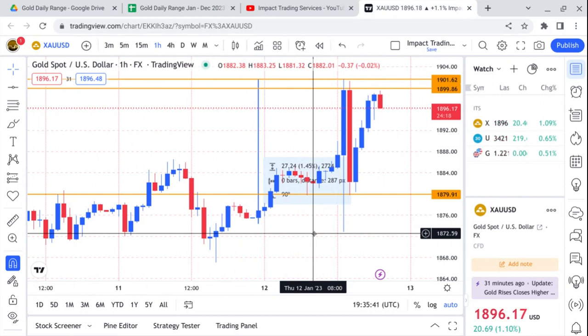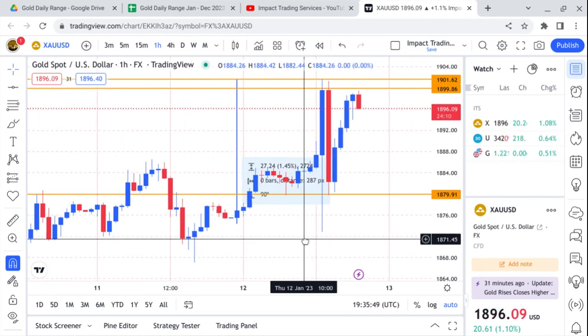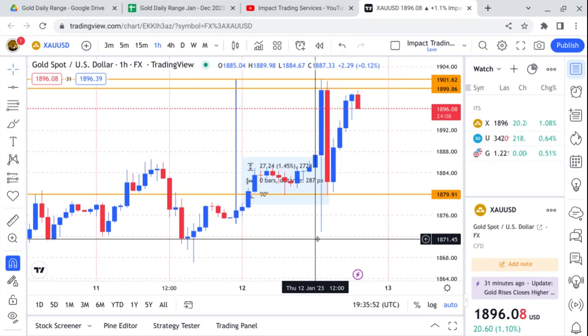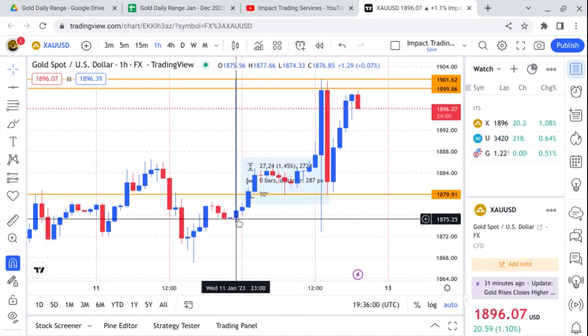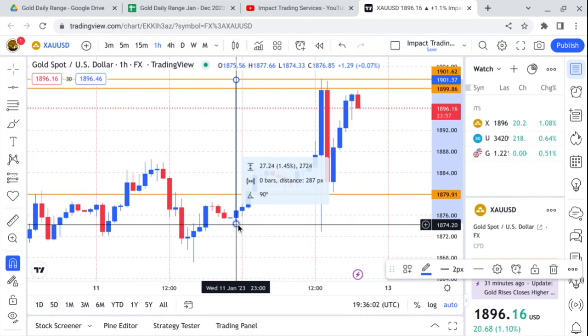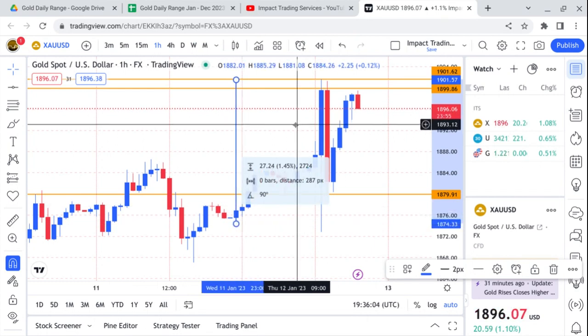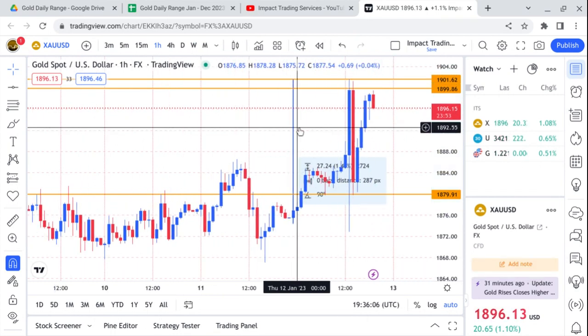Sometimes during the Asian session, you'll get a daily move that's around 2,500. Most of the time, you're going to get your daily moves with the open of London, the Asia-London overlap, and the New York-London overlap. And that's just due to the volume of institutions that start entering the trades during that time. So now you have an advantage